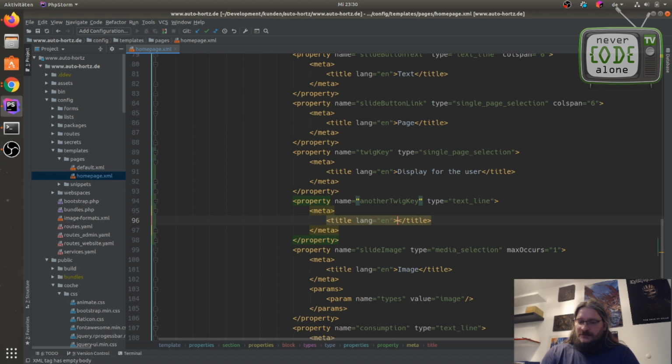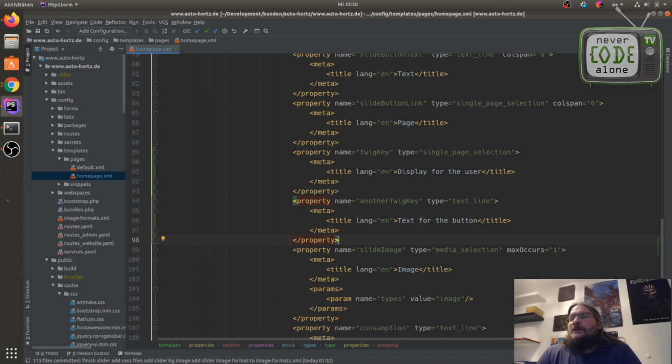I can say here is a text for the button, okay, and here I don't have an end defined, so every time I can also improve my own live templates.